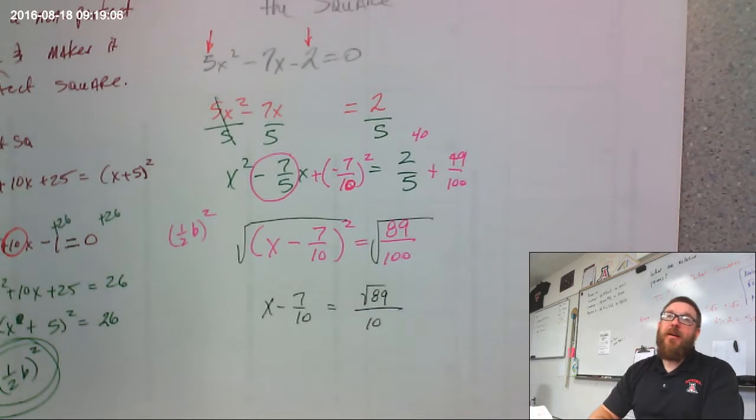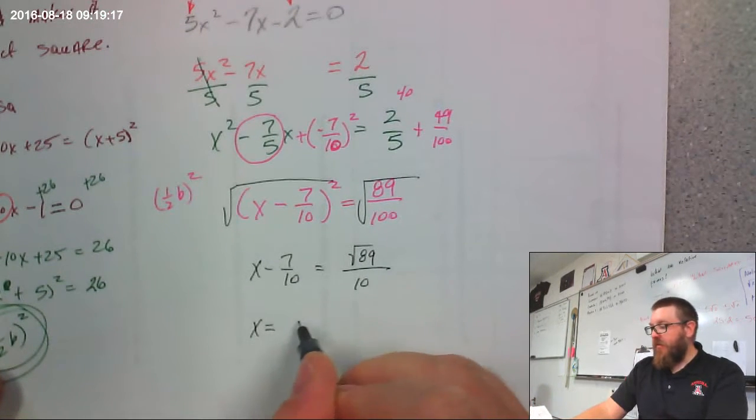Make sure 89 can't be simplified. Right? It can't. You just take my word for it for now. But if it was like 24, you would have to simplify it. All right, George. And then all you got to do,